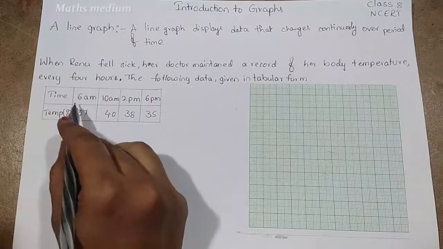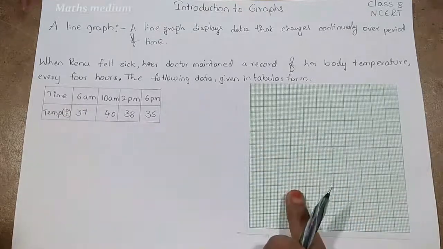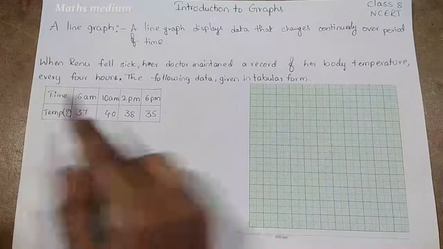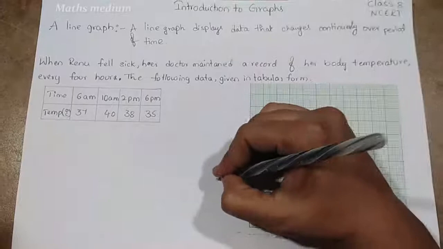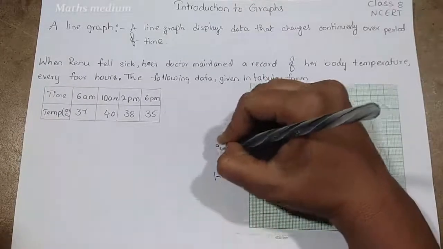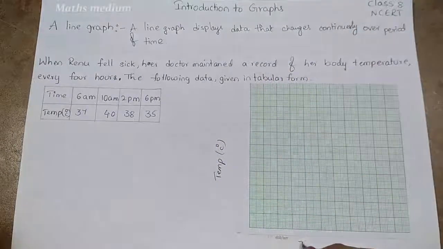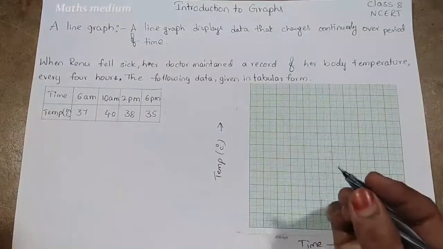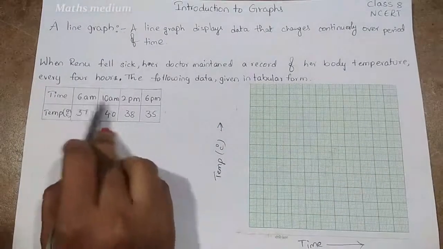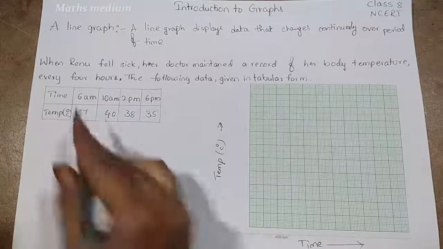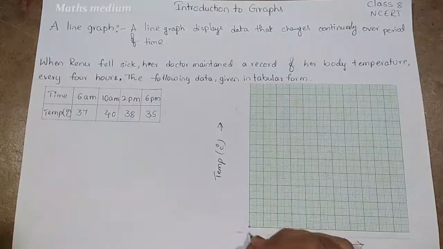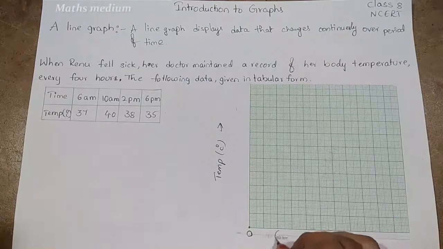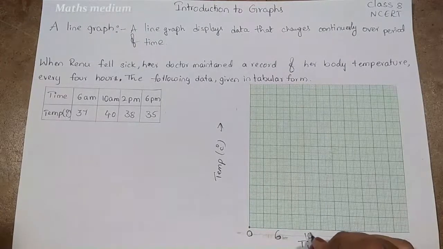We know that this is the graph, time versus temperature. So I am taking temperature in degrees Celsius here, and here I am taking time. So this axis and this axis are done. Now we have to put the markings of these given timings. So I am taking here 0, then 2, 6, 10,